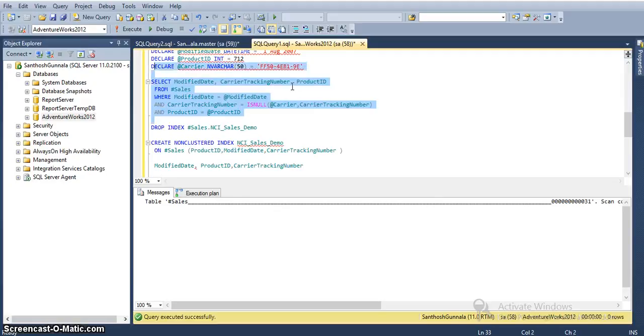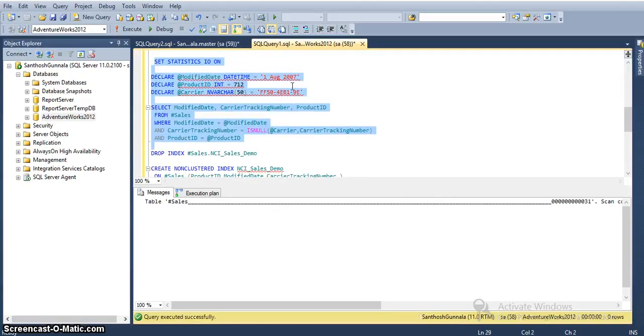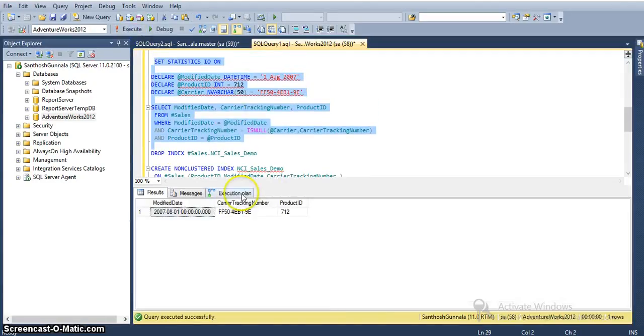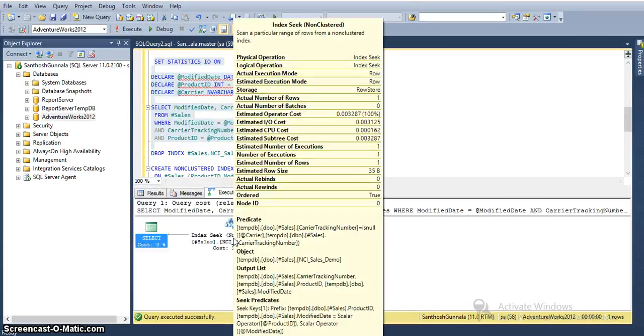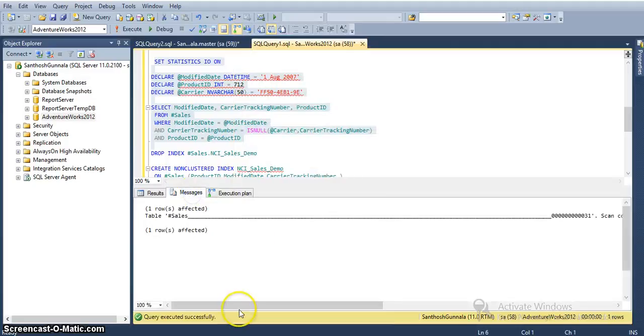We'll see the execution plan and the logical reads. The execution plan shows index seek again. In the predicate we are seeing carrier tracking number as the only column, as it is the last in our index order, and the seek predicate contains both product ID as well as modified date. And coming to the logical reads,